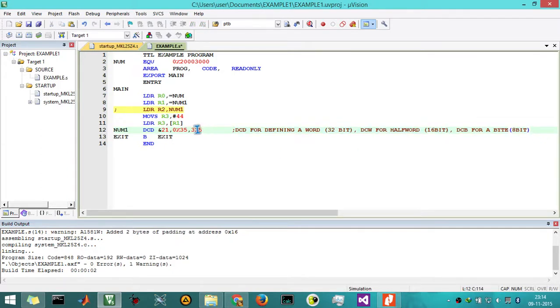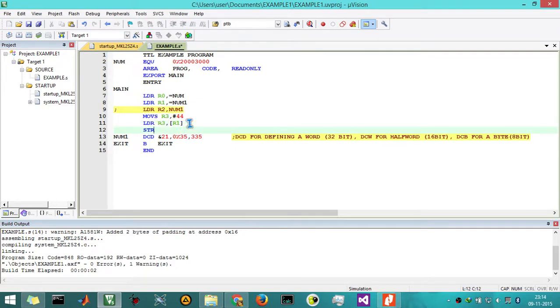Now we are going to look at the instructions LDMIA and STMIA. So we have been using this LDR instruction in this program, and its counterpart STR will be like this: STR R4, R3, comma R1. As we have already seen, in all the microcontroller assembly language programming the data flow will be from right to left, but in ARM assembly language programming, only for this storing instruction, the data direction will be from left to right.